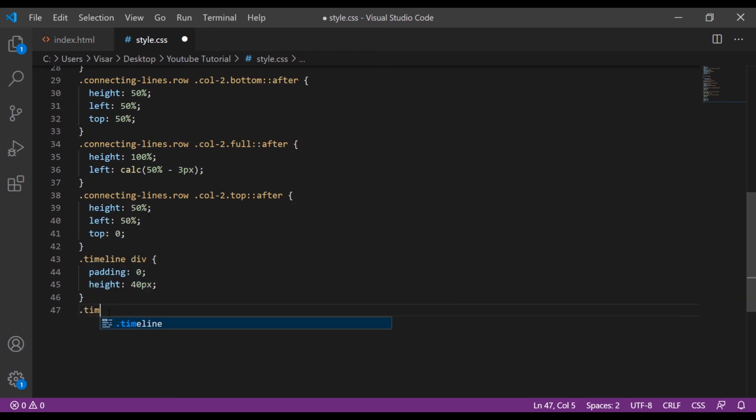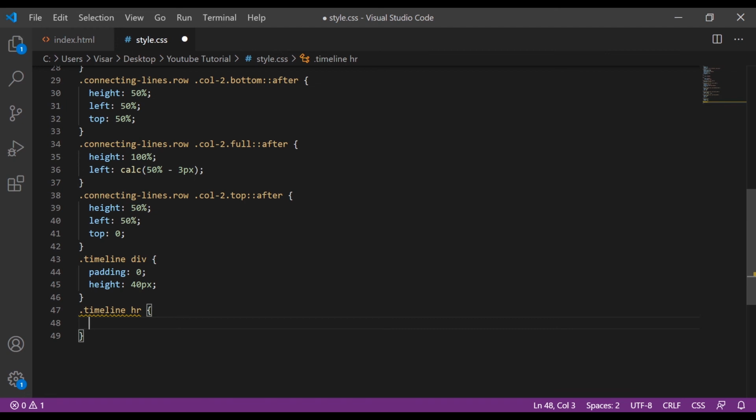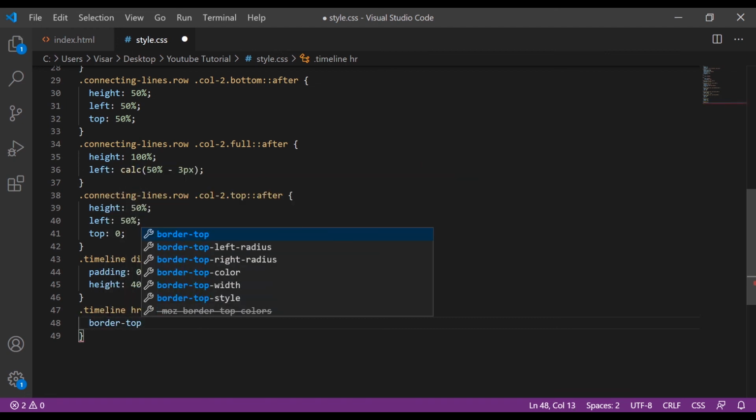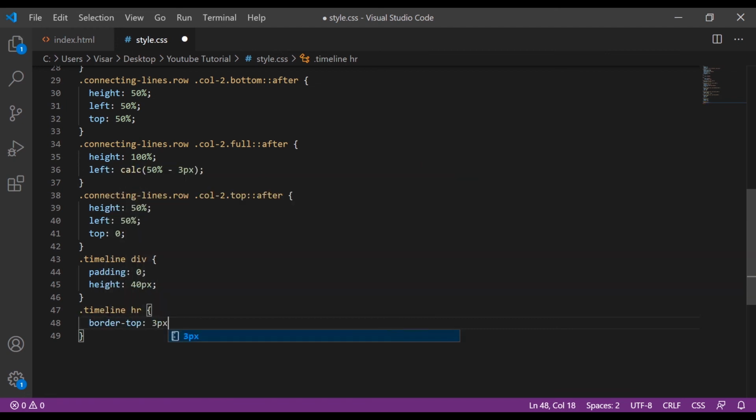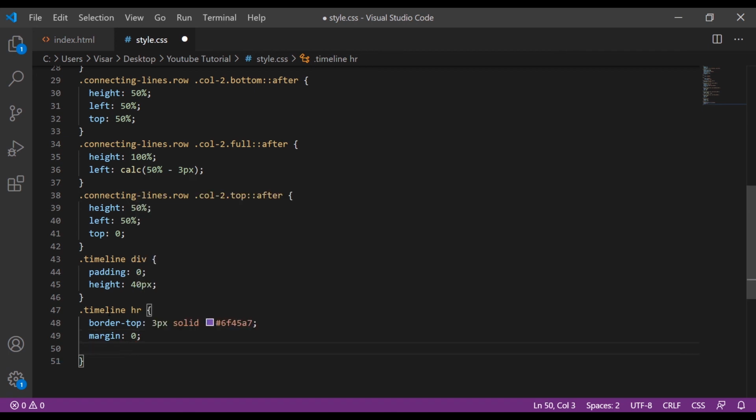Next is timeline hr, border-top will be 3 pixels solid, and we give this color. Margin will be 0, top will be 17 pixels, and position will be relative.